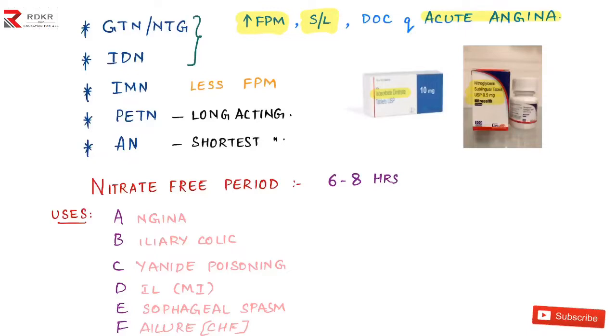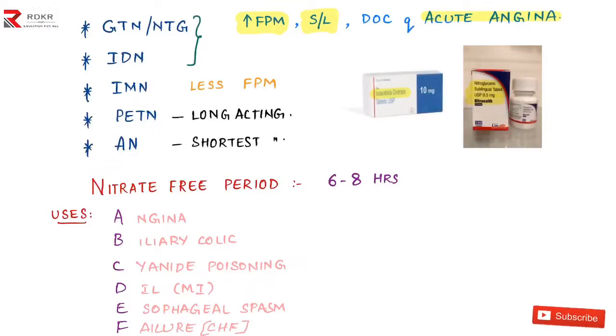And the isosorbide mononitrate has very minimal first pass metabolism, and that's why it can be given in any form. Here you can remember this as I for iska metabolism nahi hota, M means metabolism, N for nahi hota. So iska metabolism nahi hota means it has very little or minimal first pass metabolism. You can remember with that mnemonic.